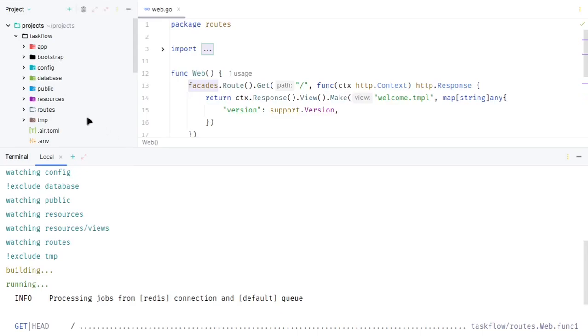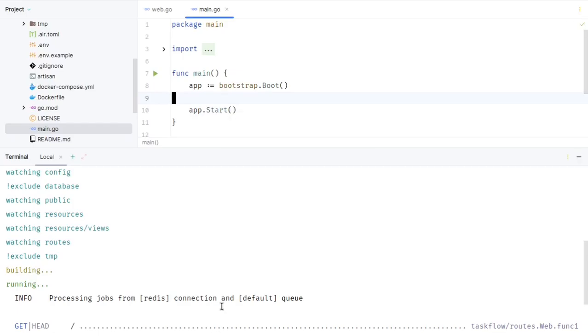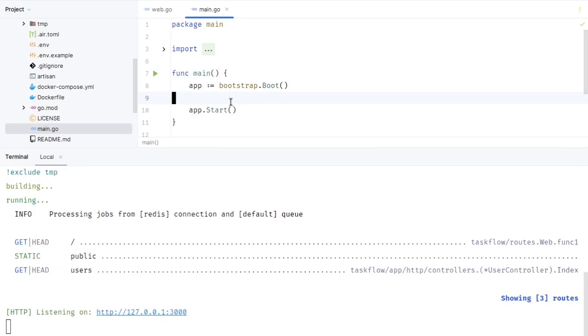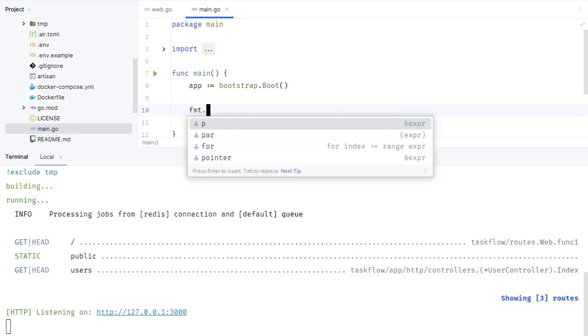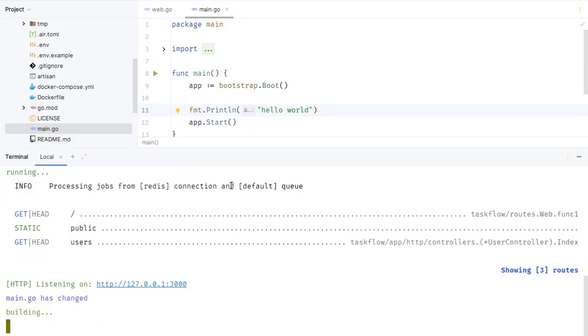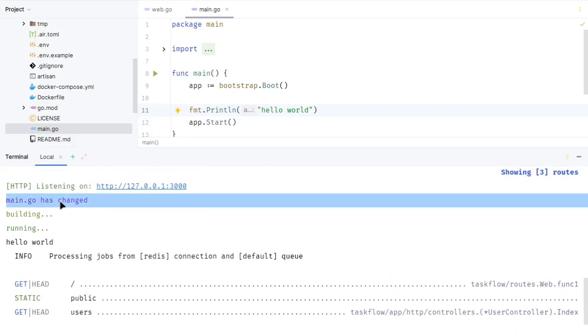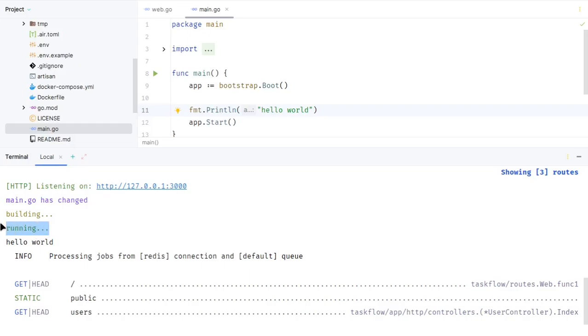So let's make some small changes in main.go. Just add a print statement. Now save the file. As you can see, it automatically detected the change in main.go and restarted the server. We didn't touch the terminal at all. So next